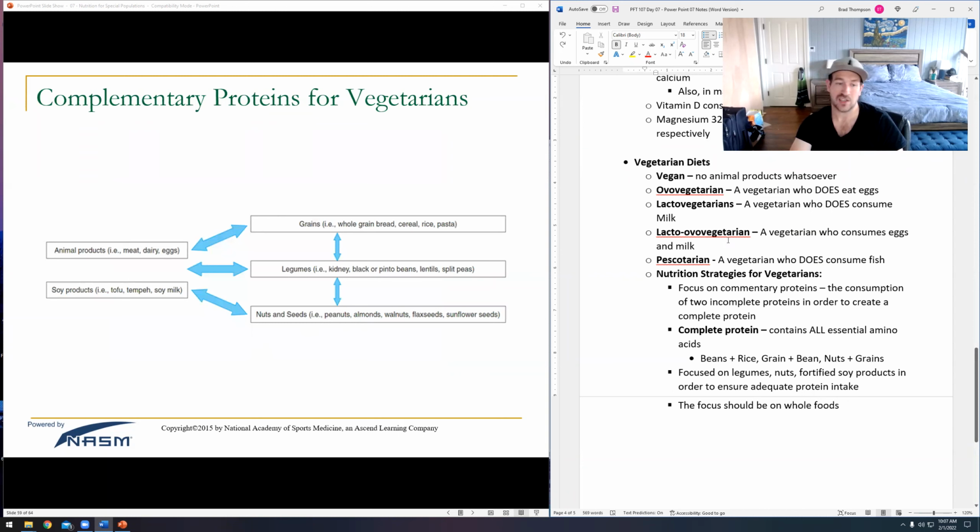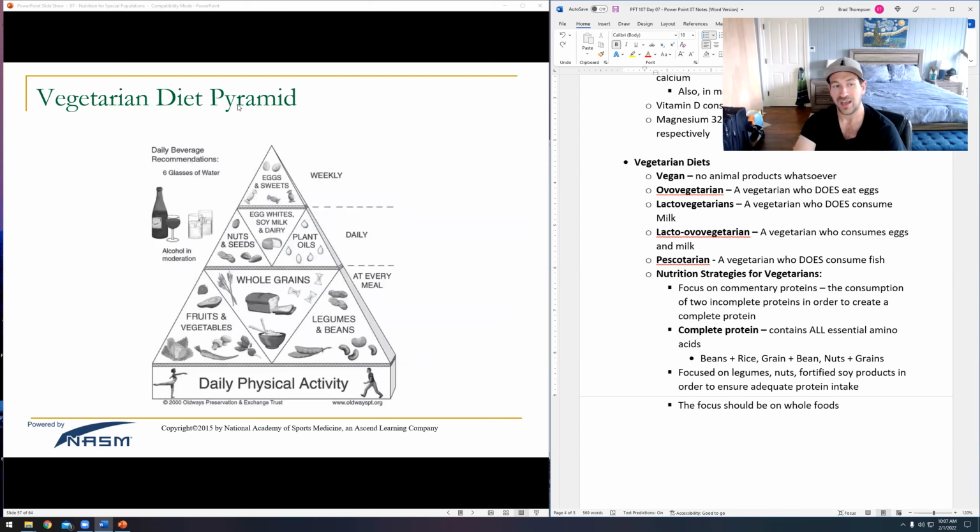So our nutrition strategies with vegetarians, vegans, whatever, is to ensure that they're getting a full amino acid complex. So we're going to do a lot of complementary proteins, which is why we look at this special food pyramid here, right? Again, we kind of got rid of the food pyramid, but it works pretty well for our vegetarian clients. Fruits and vegetables plus whole grains plus beans and legumes. You put those three things together, you're going to have a complete amino acid profile. Throw some nuts and seeds in there. That's also going to help, seeds plus grains, seeds plus legumes, veggies, right? All those things are going to create a complete amino acid profile.